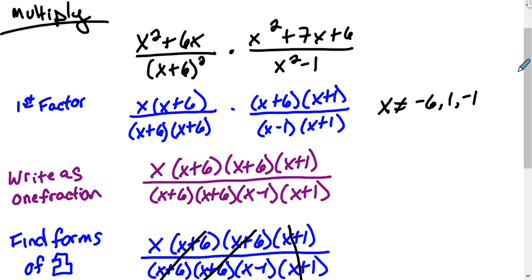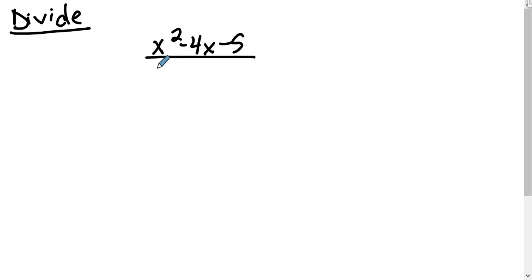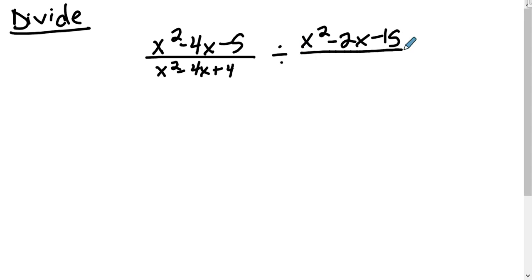Okay, now let's go to the left sheet of paper. And now we're going to do division. So just like before, I'm going to leave this open, and I'm going to start my problem over here. So x squared minus 4x minus 5 over x squared minus 4x plus 4 divided by x squared minus 2x minus 15 over x squared plus 4x